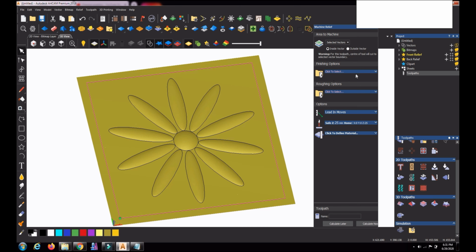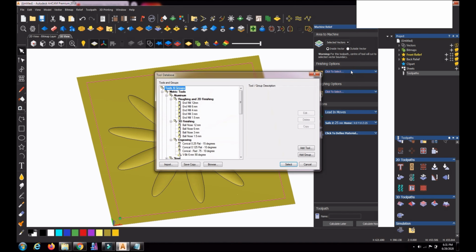So for machining we want a tool, so we have to click here to select the tool, that is the finishing tool. Generally the finishing tool will be a ball cutter or ball nose radius. Okay, so I am just selecting a 6 mm tool or 3 mm tool. It depends upon the design intricacies. We have to select bigger or smaller tools. So now I am taking a 6 mm ball nose.